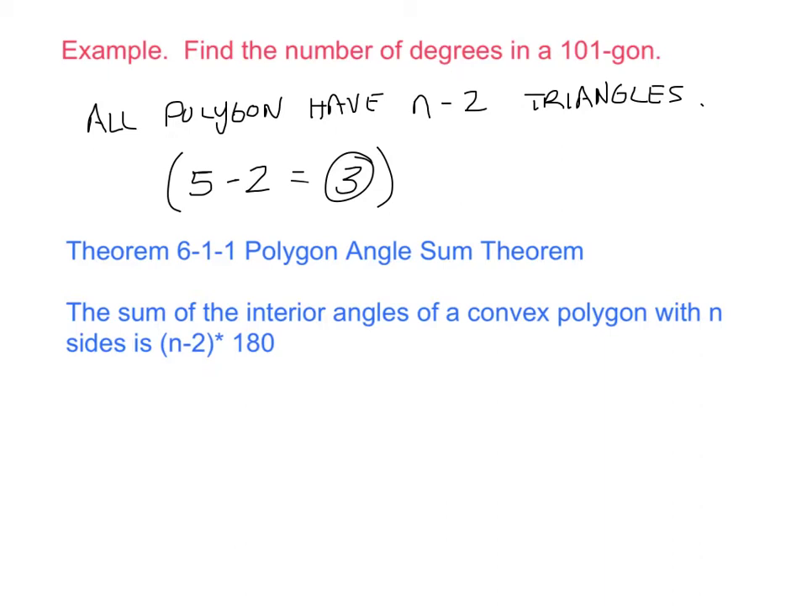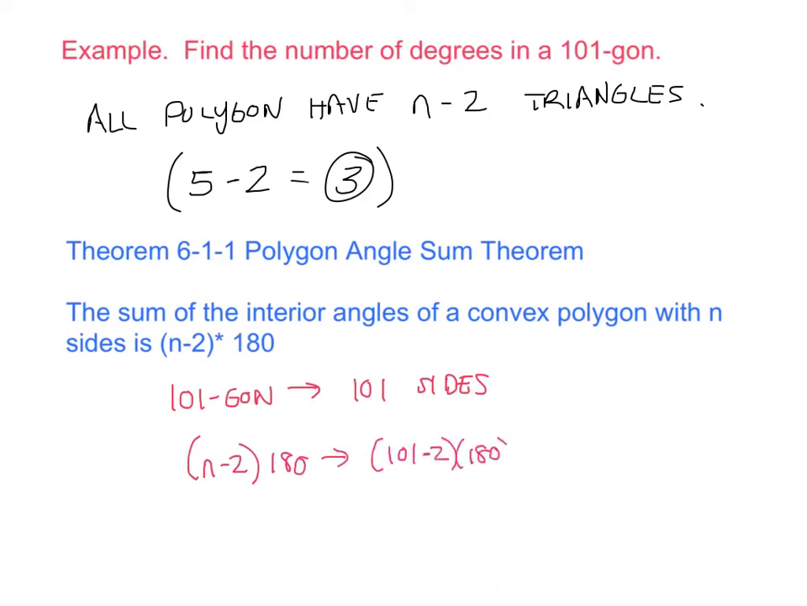So we ask, how many sides does a 101 gon have? A 101 gon has 101 sides, as we talked about before. So now, what we need to do to find the sum of the interior angles, n minus 2 times 180, which means we're going to do 101 minus 2 times 180, which is 99 times 180. And what this turns out to be is